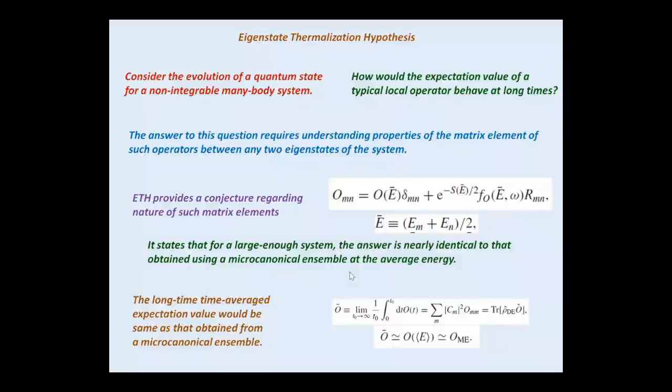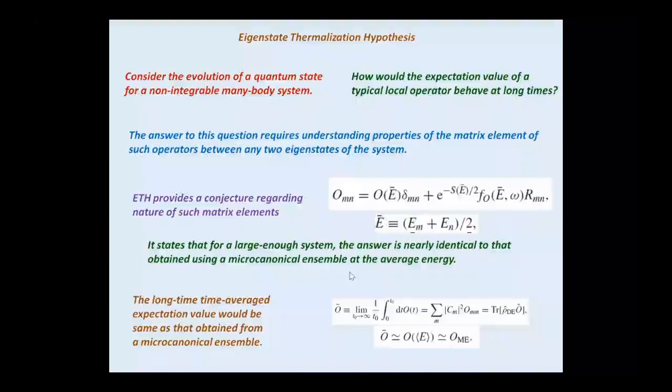how would it behave? Now, of course, if the state is a pure eigenstate, then nothing evolves. But I'm obviously not talking about that kind of state. I am talking about a generic state created out of a superposition of many such eigenstates, and that's what makes the question non-trivial. The answer to this question, it turns out, requires understanding the properties of the matrix elements of such operators between any two eigenstates of the system. Imagine that I express my wave function in the basis of these eigenstates. Then the time-dependent expectation value of the operator will require knowledge of the matrix elements of this operator between any two